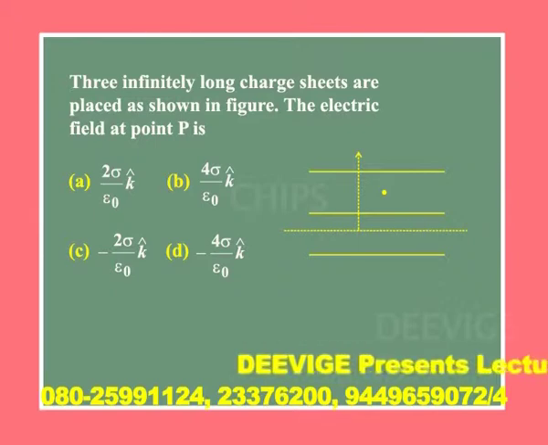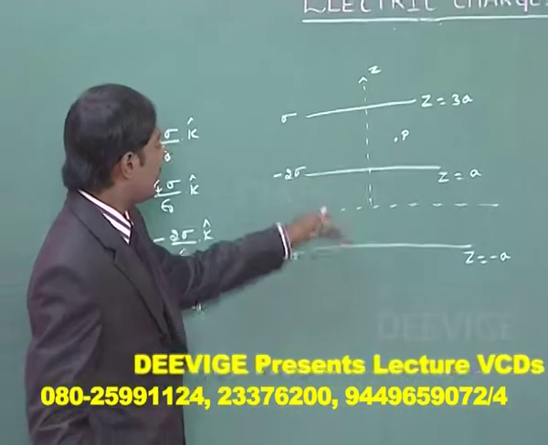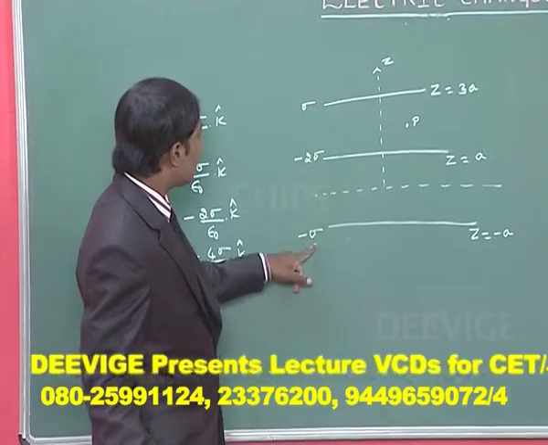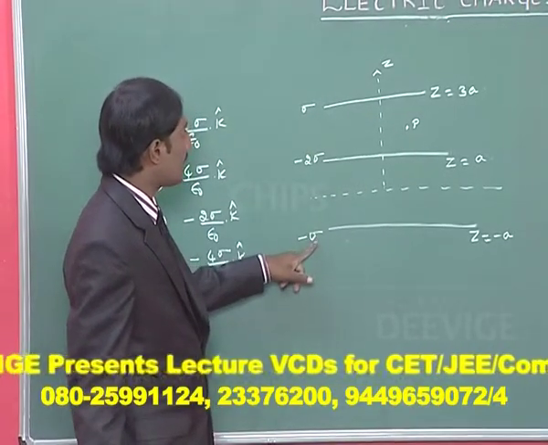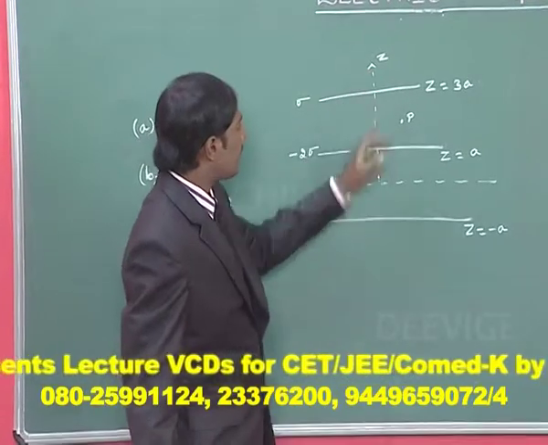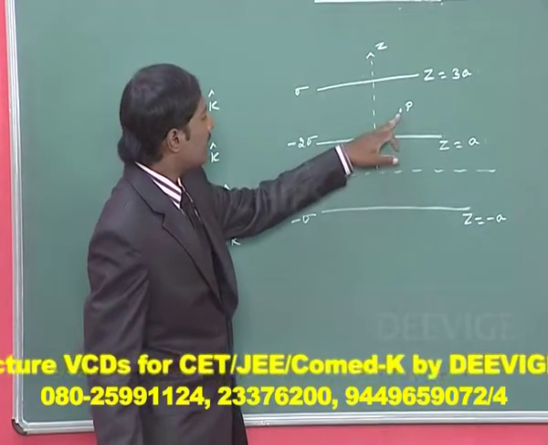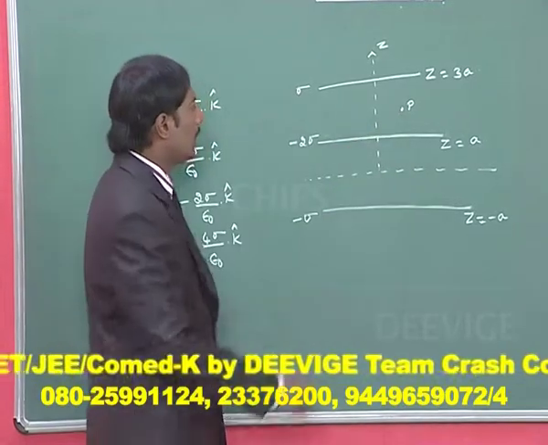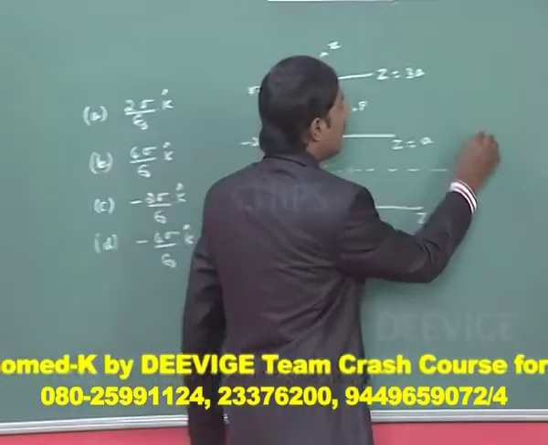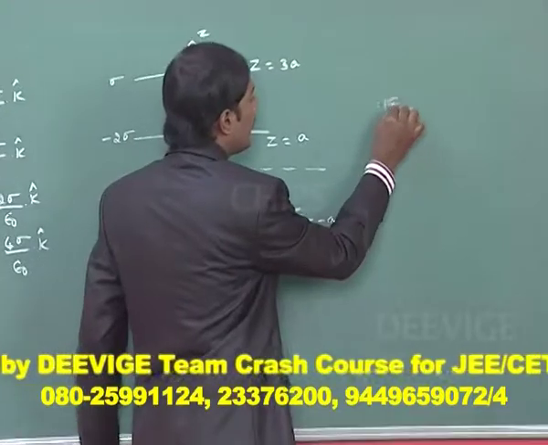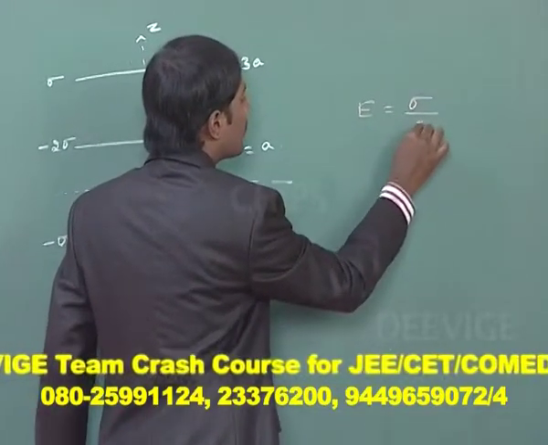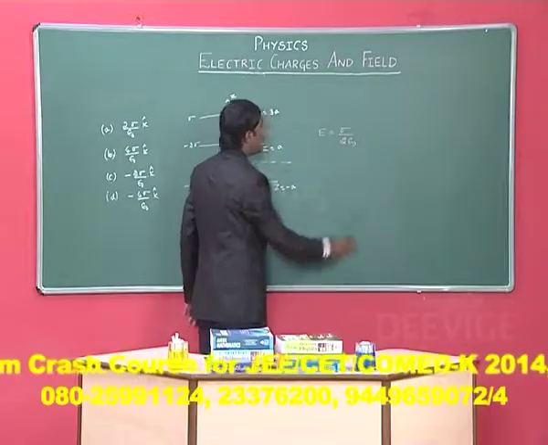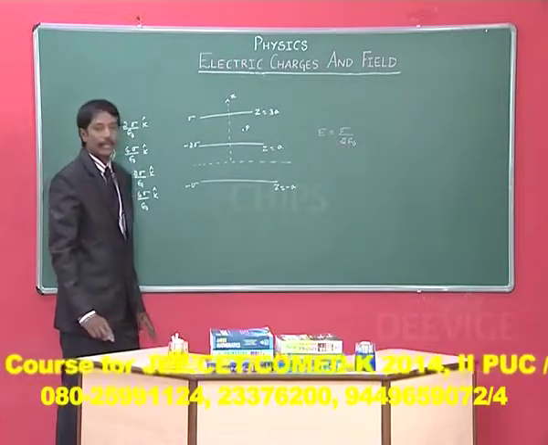The diagram is like this. They have given three conductors like this. They are having surface charge density sigma, minus 2 sigma and sigma, and this is the z axis, and they are asking to find the electric field at the point P. Now, due to a thin charged plane sheet, the electric field is given by the formula E equals sigma by 2 epsilon naught, where E is proportional to sigma.